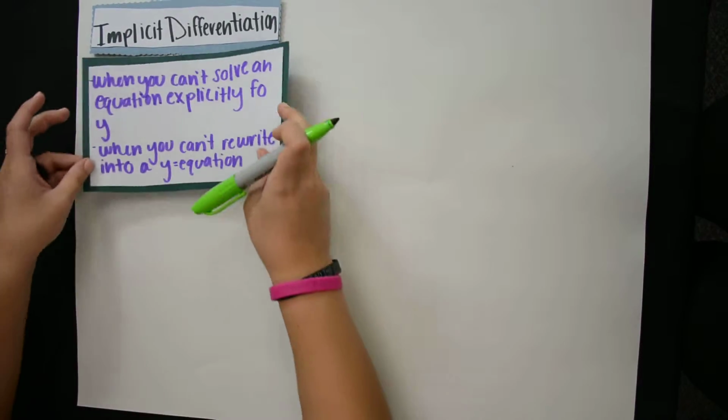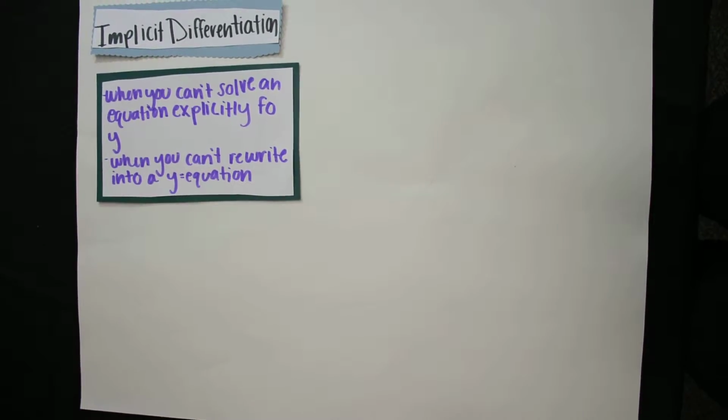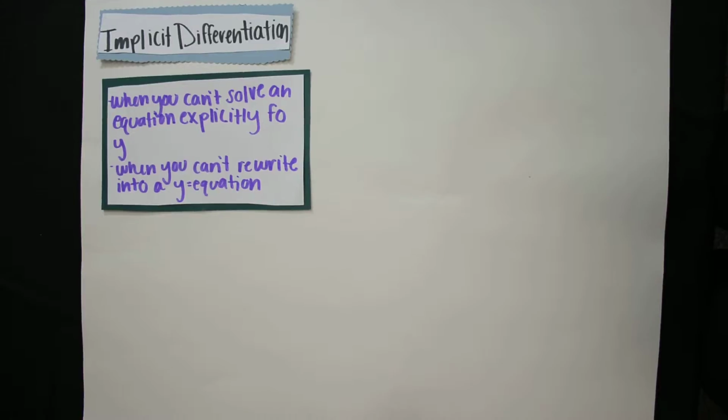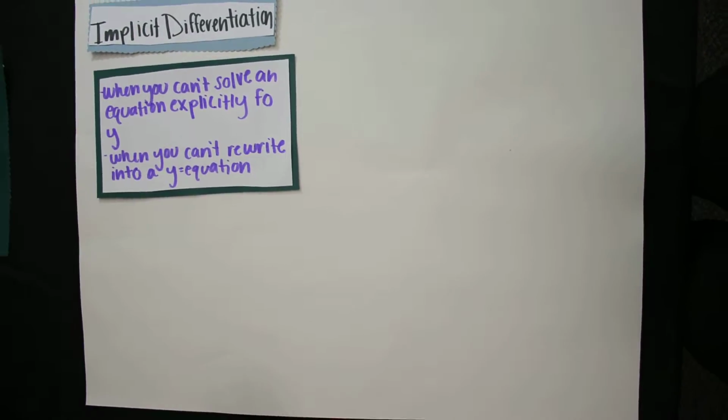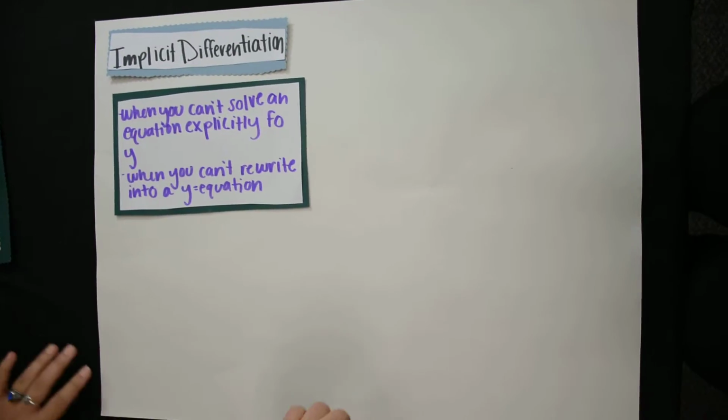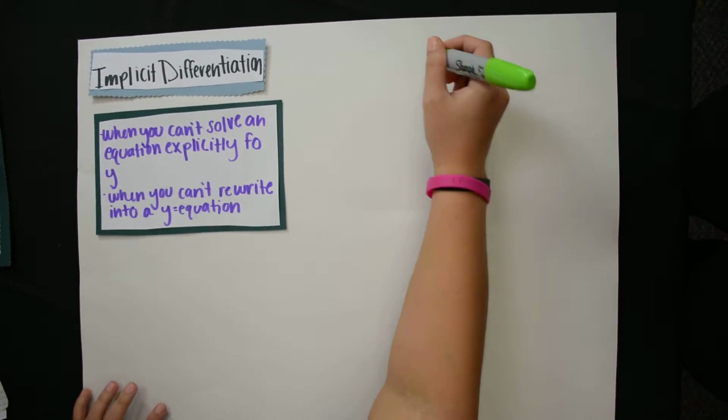Okay, we're going to talk about implicit differentiation. This is when you cannot solve an equation explicitly for y, or in other words, when you can't rewrite it into a y equals equation. So our example is going to be, we'll write it over here so we have more room,